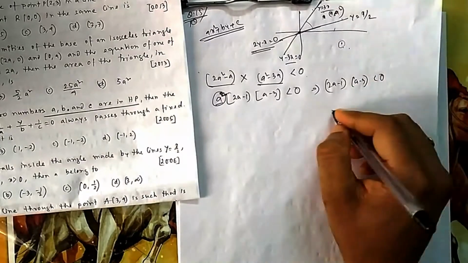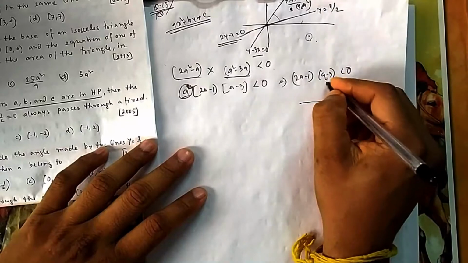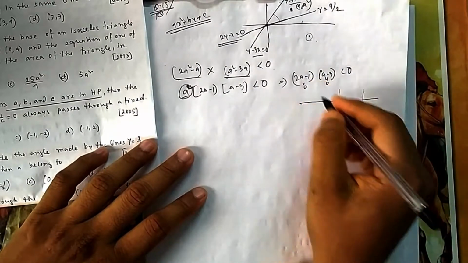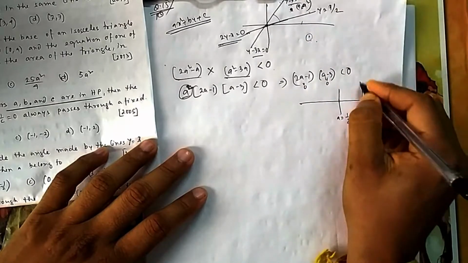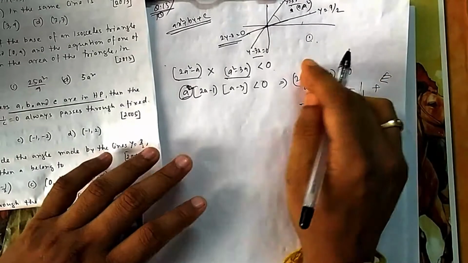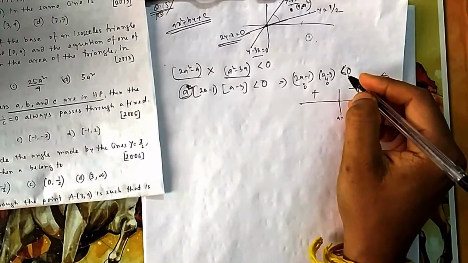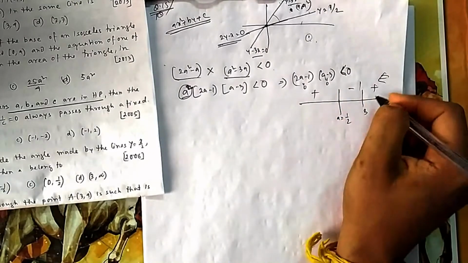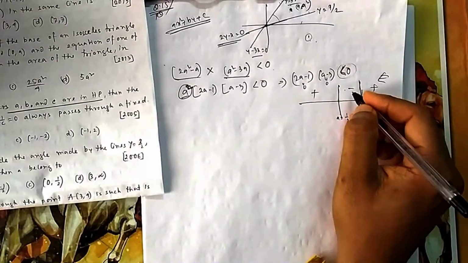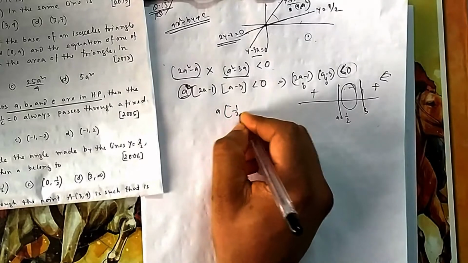Then how to solve it? I told you to put some points, keeping it 0, making it 0. So a equal to 3, one point is here, and if you put it here, a equal to half. So two points are there. You start from this side, plus minus plus, or you put a point and then check. So many ways I told you in quadratics. If I start from this side, plus minus plus, so which one is required? The negative one. So this is my answer. So my a should lie between half and 3.